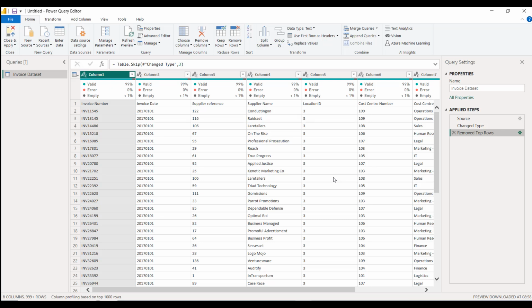Okay, what other cleaning magic do we need to do? You may remember that at the bottom of our connected dataset, we also had a totals row. Now when we start creating our visualizations, that totals row is going to cause us a problem. Let me talk you through why.